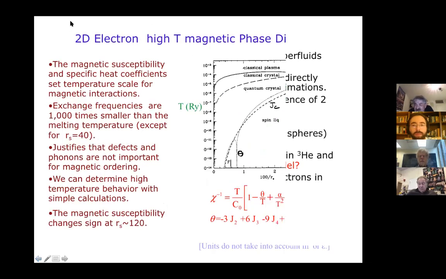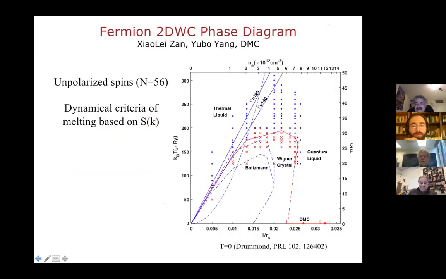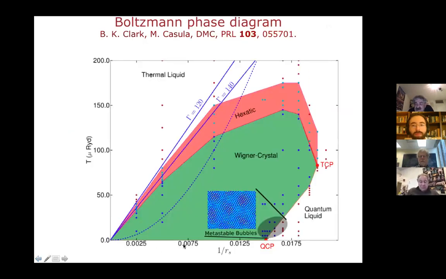I know how to think about it in this context. For fermions, it's a bit of a hell, but when you would consider these kinds of virtual processes, what kind of exchange phenomena would they give rise to? Well, I think those energies are quite a bit larger. It's a good question, actually. I pulled up our Boltzmann phase diagram, and you have this thing right there, and that's definitely the physics. I think we actually have a tricritical point here, and that really separates the region where those things are important from when they're not. Down at this low temperature region, they're not important in the strictly equilibrium phase. Now,